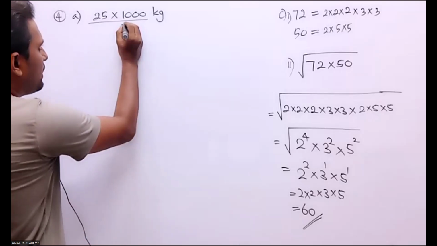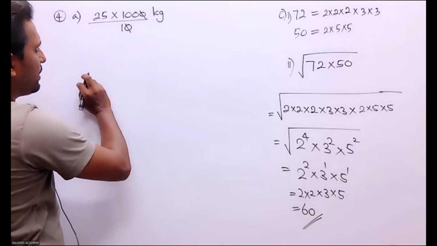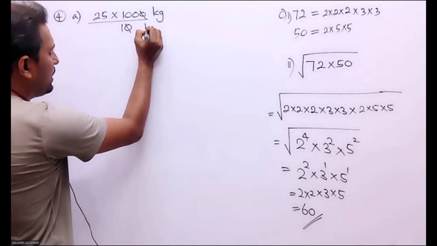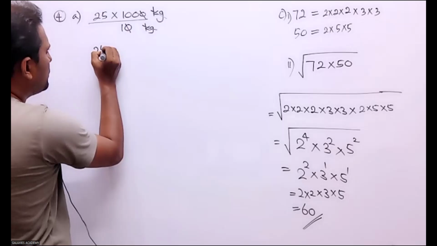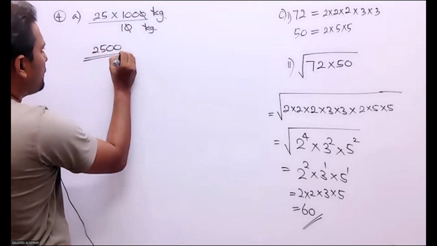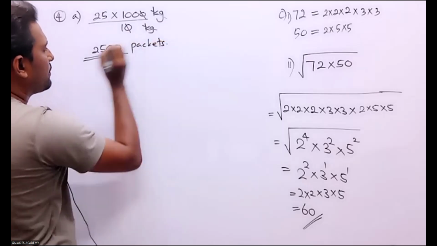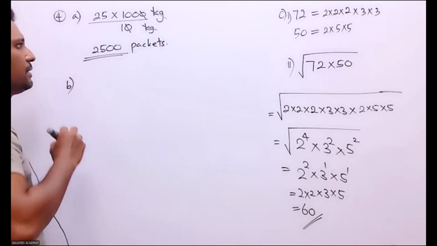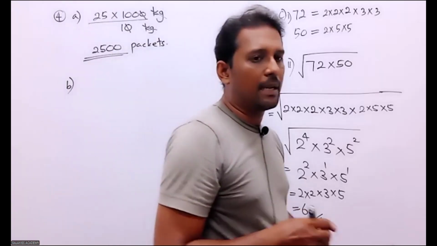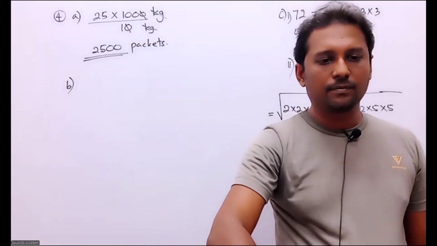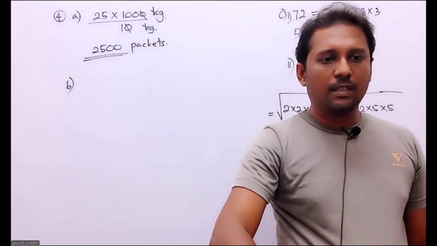Right? Then this 0 and 1 0 you can remove. 25 multiply 100. Right? 25 multiply 100 mean what is the value? 2500 packets. Right? 2500 packets. It is the answer for